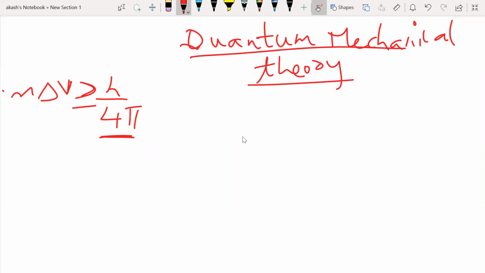Okay, quantum mechanical theory. Here again, for us to deeply understand this, we don't have enough physics or mathematics knowledge. If you go to college, you'll be studying Laplace transforms, Fourier transforms, and all that. Maybe in the first year of college you will be studying it. You need to know some partial derivatives and such to completely understand what exactly quantum mechanical theory is.